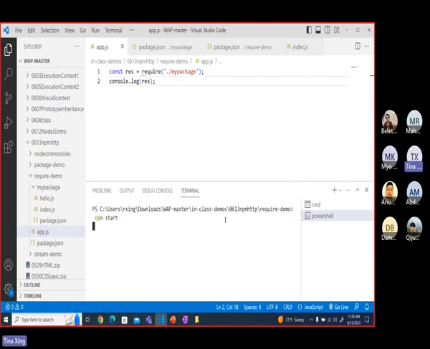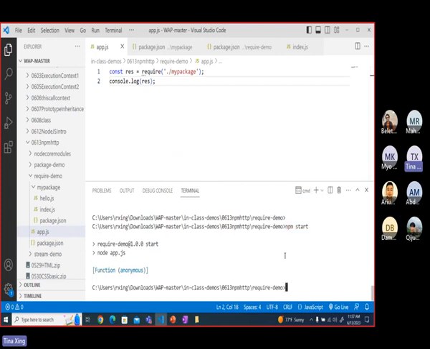npm start. Oh, can do. Not this one. That's another thing. Which PowerShell can I do? I tested. Anyway,